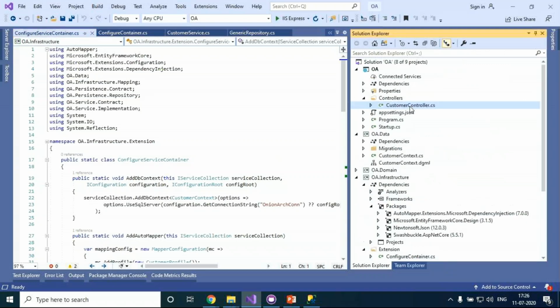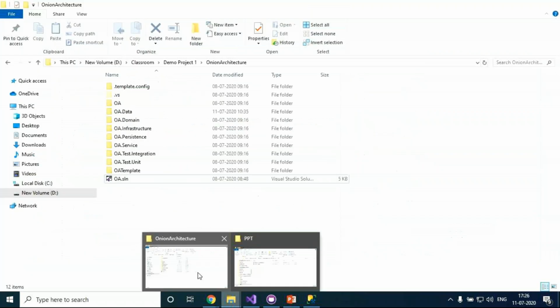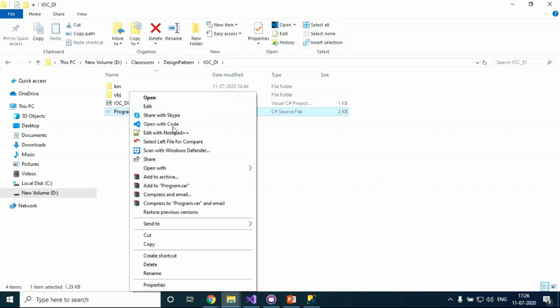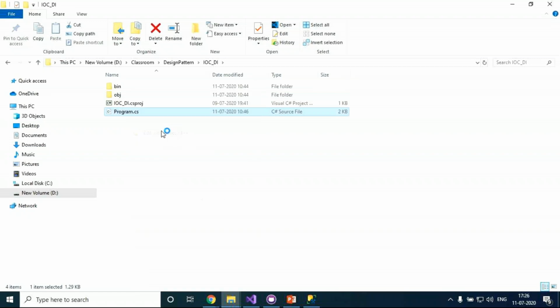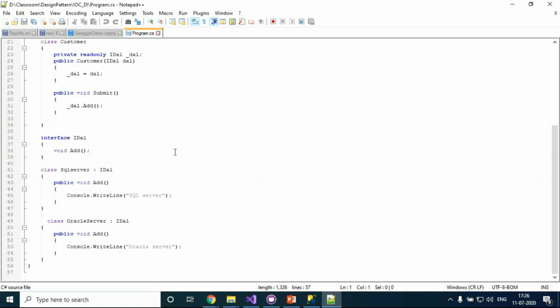So this customer service, through this customer service, again this is DI. This is for revision purposes, the DI and IOC. IOC is a principle where we implement DI, dependency injection. How are we going to implement it?